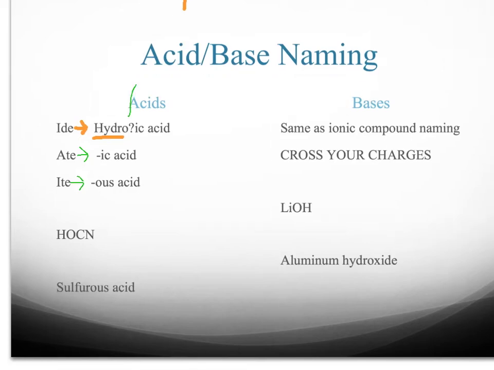Okay, so in our first example, we have HOCN. This is where knowing your anions comes in handy. All acids will begin with an H. So how we know what we need to name it is based on the anion, which in this case is OCN. OCN is cyanate, not cyanide, but it is cyanate with an ATE. So if OCN is cyanate,